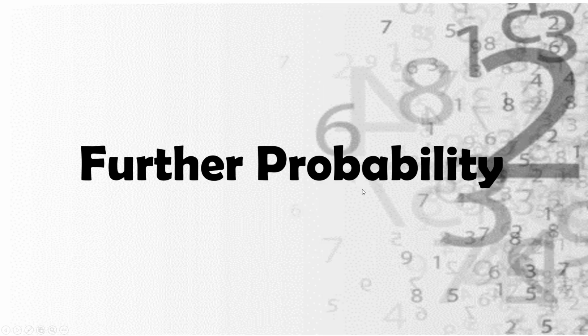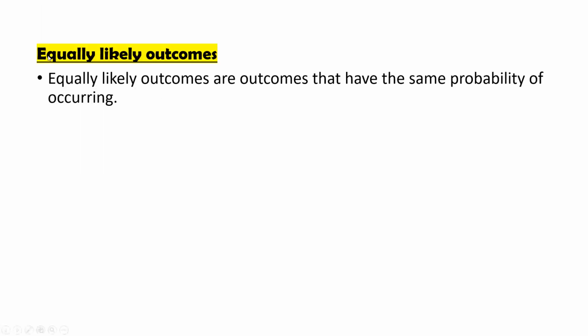Okay, now let's learn a few probability terms first, which maybe you came across but you don't know what is going on. Let's see number one first. You always see something in a question say equally likely outcomes. The meaning of this is the outcomes are equally likely, means they have the same probability of occurring. That means they appear with the same probability, no bias. This is called equally likely outcomes. Just like when you flip a coin, the chances to get a head and tail, they are equal. It is not biased. Okay.